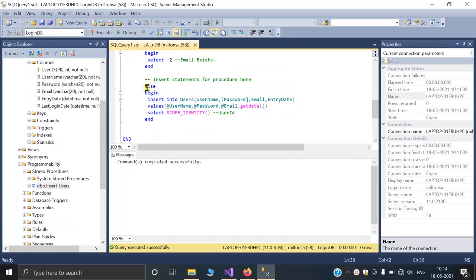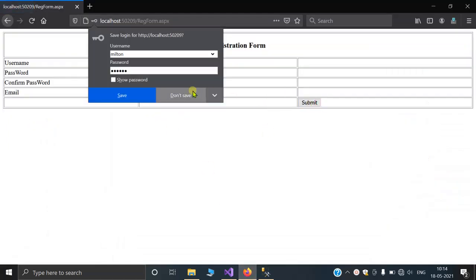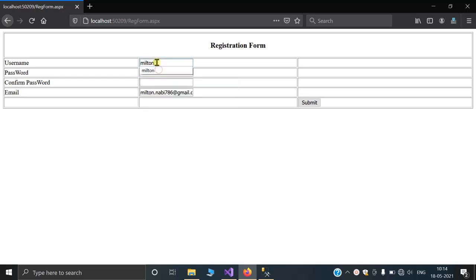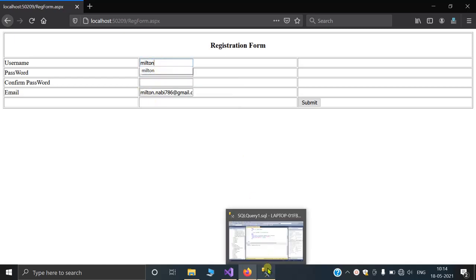So guys, this stored procedure will execute when you click on the submit button in the registration form. The values of the text boxes from the registration form will pass to the stored procedure and it will execute.